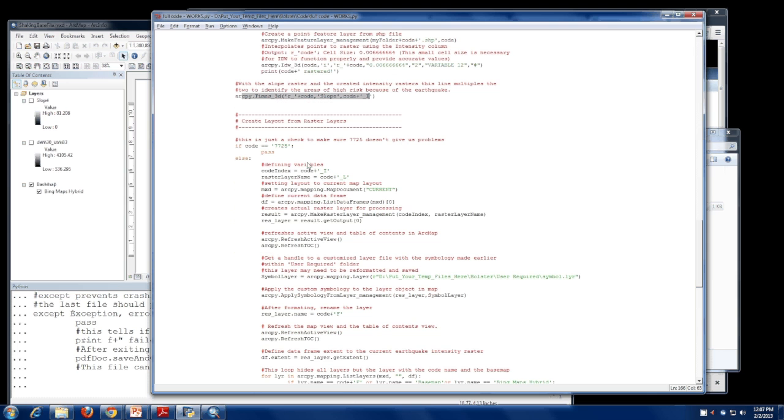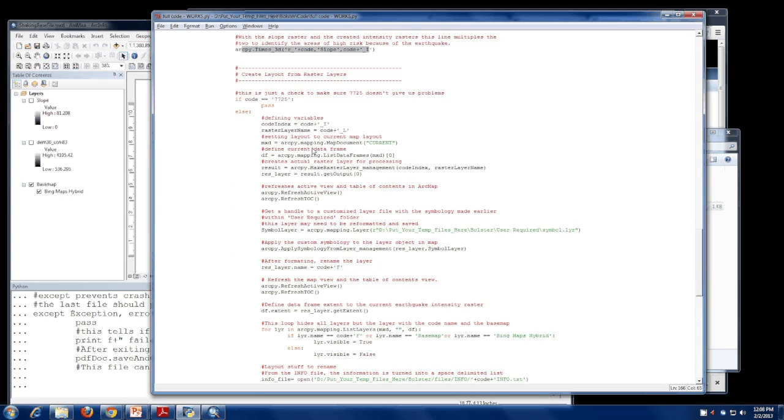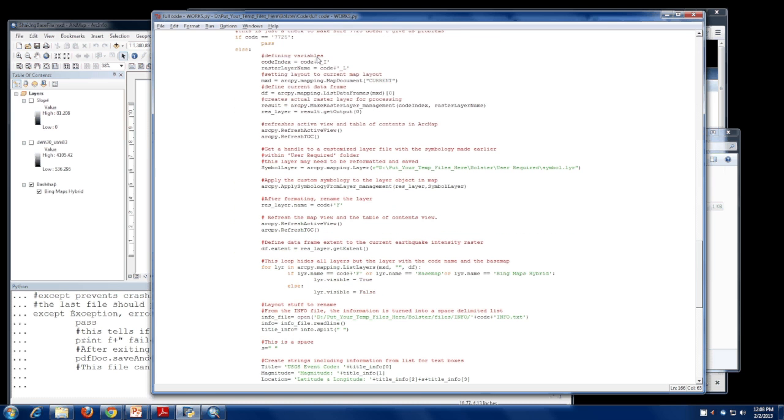Right here again, 7725, it's a bad number. We skim right over it. And we're taking our code, we make some new inputs, and we make a new mapping document current and set that as MXD. We need to create an actual raster layer for processing, so that's what happens in these two lines of code. As the next step, we refresh our table of contents interactive view, and then we upload a